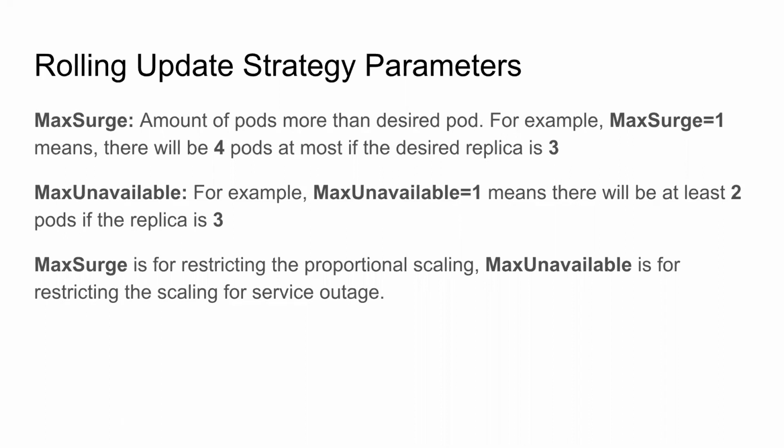If you want to deploy any version to production environment, let's say that there will be created another replica set. At most, you will have 6 pods, right? Because the previous replica set has 3. On the new replica set, you may have 3 again, and in total, you may have 6 pods of an application. But here, when you provide max surge, you will have 4 at most. Why? Because